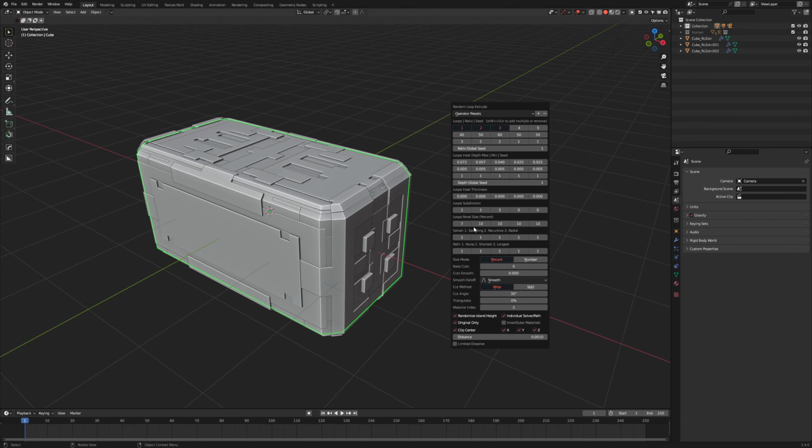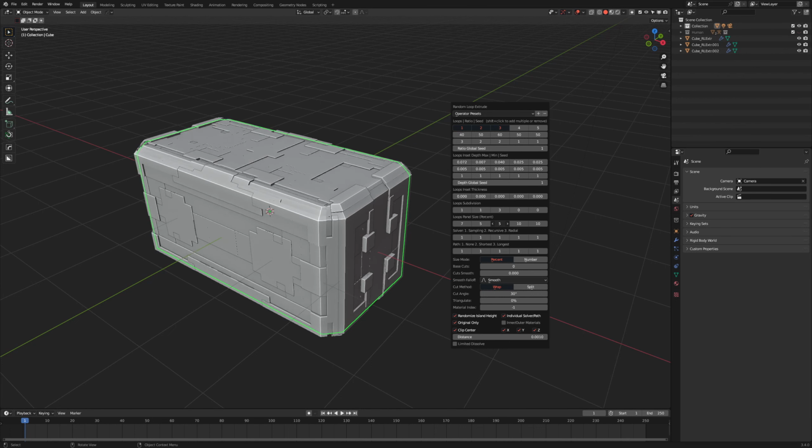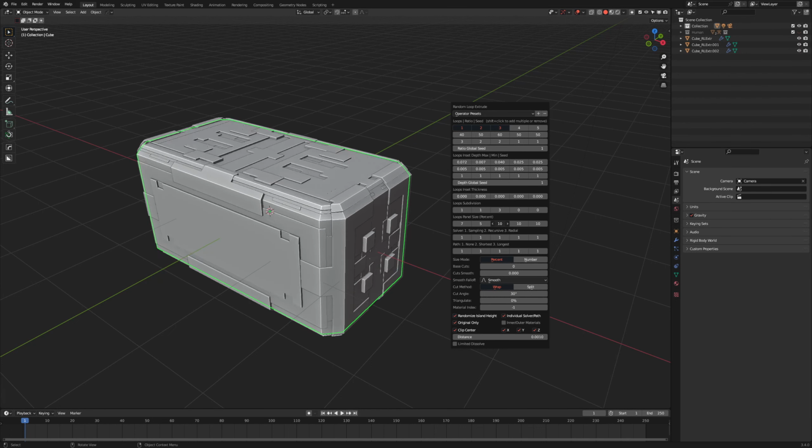Now the loops panel size, again, it changes the size of the detail. So for each of these, you can adjust the value and just see if you start to get something that you think feels like a strong design, something that feels like a model that you were trying to achieve. Again, it's just playing with all these numbers and